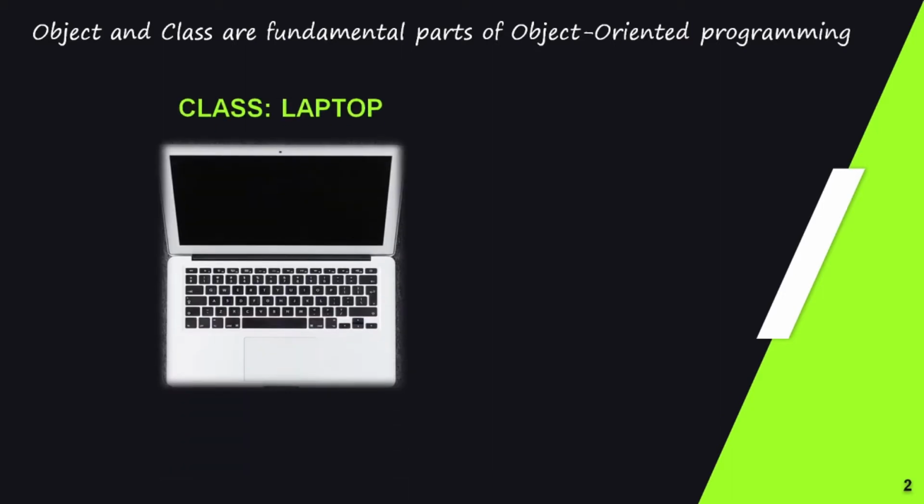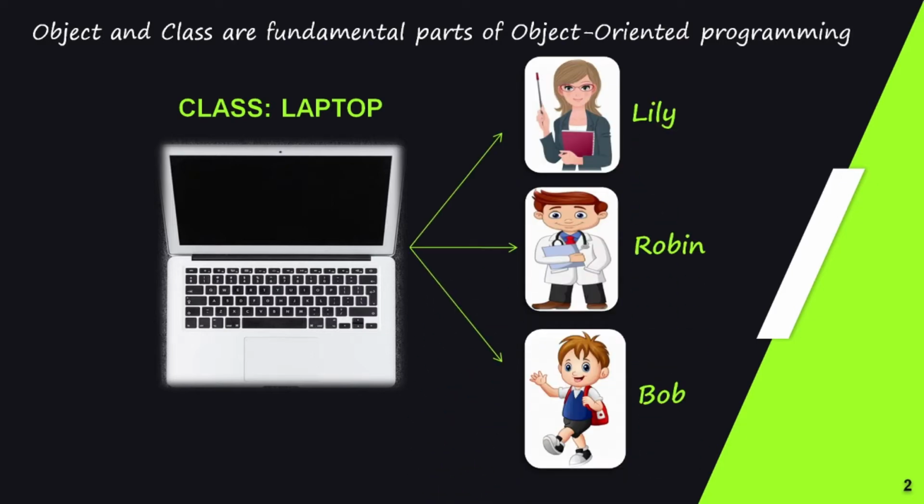Here we will take an example of laptop to quickly revise the concept of class and object. Here, laptop model is a class and the people who are buying this laptop are its object. That is a real world entity, or we can say that it is the instance of that class. Everyone is getting the same MacBook with all its features, but the data inside each MacBook is different.